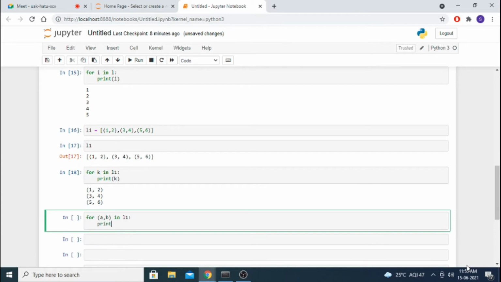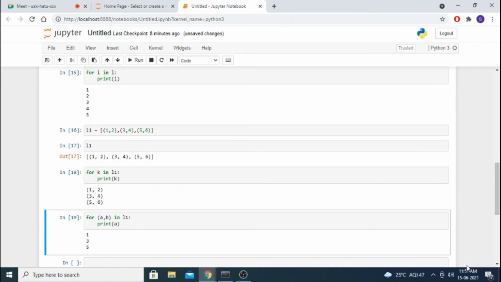I print a. What it will do is take the first element 1, 2, assign 1 to a and 2 to b. I am printing only a, so it will print 1 only. 2 it will not print. Similarly 3, 5, like that it will print. Understand? Similarly if you want to print b, you can give print b, and it will print b only.